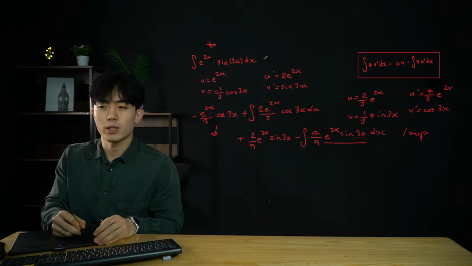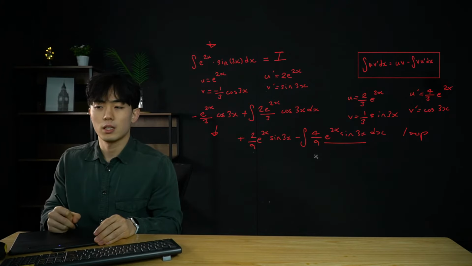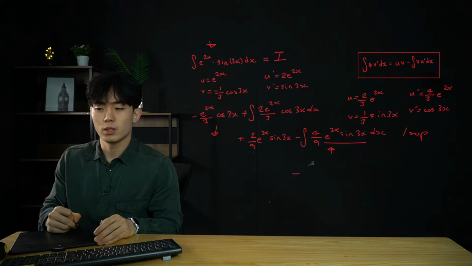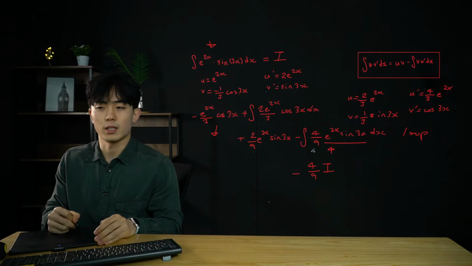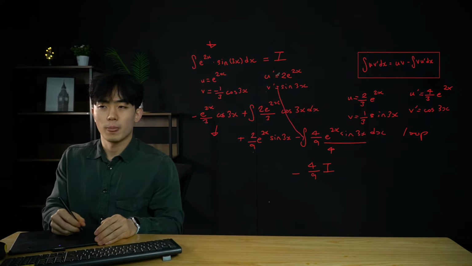So if we were to label the original integral, let's call this one I, then this integral here, we can say it's going to be negative 4 over 9 I, because they're the same integral apart from this constant 4 over 9. Okay? So the reason why we do this is